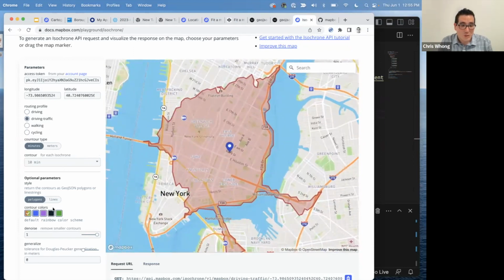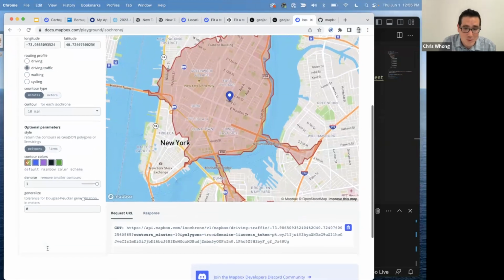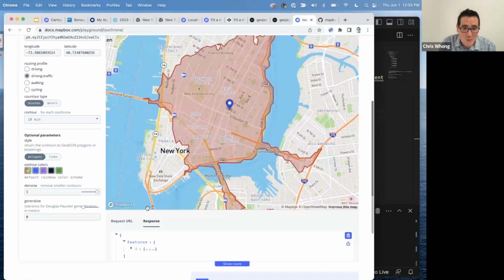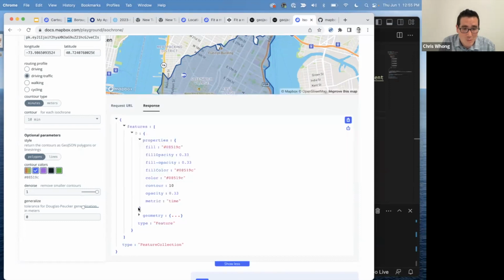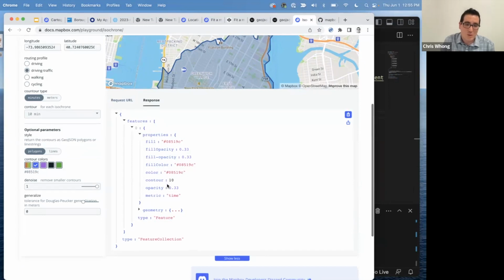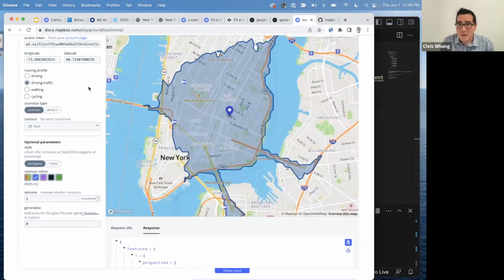So you can also change the colors of these things. I did notice when I was tinkering with this earlier that these also include simple style spec in the response. If we change the contour line color here to blue, that's actually simple style spec also. So let's look at the properties, and we'll see fill and fill color. Sorry, fill color is a duplicate. I think there are some duplicates of the same thing in here, but fill is the actual simple style spec color. It's basically giving you back some additional helpful color information so that you can display it differently if you want to. So that's the Isochrone API playground.